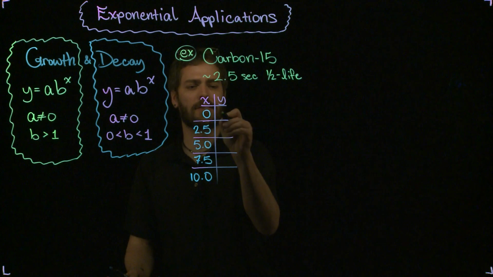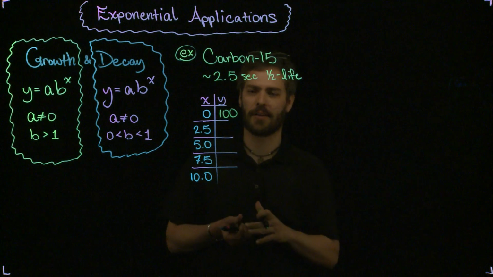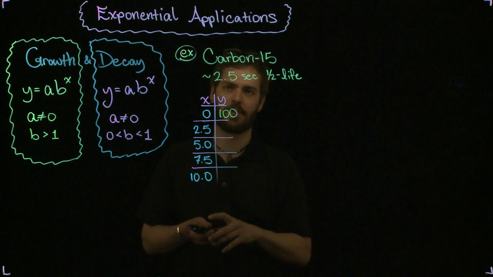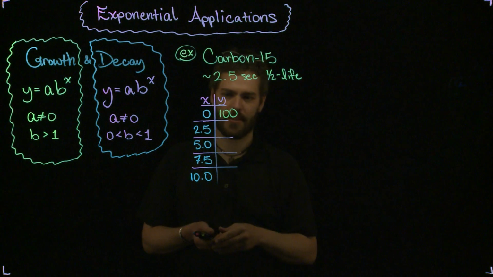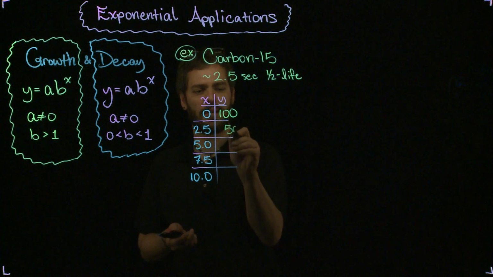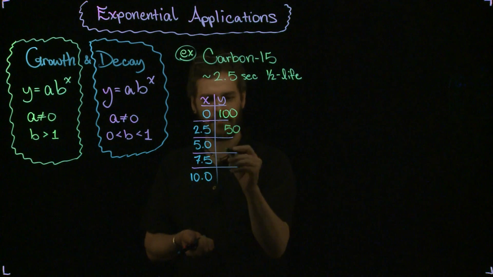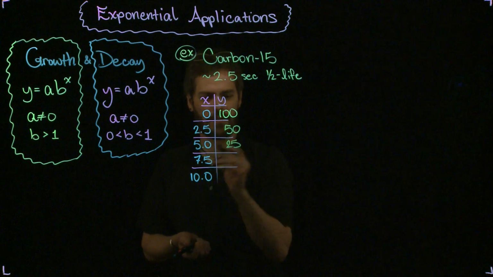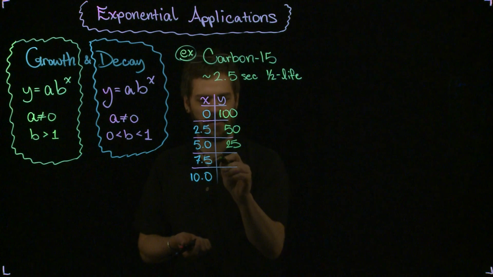For simplicity, let's just say we have 100 grams, it doesn't really matter, kilograms, whatever you want, let's say grams, 100 grams of carbon-15, and 2.5 seconds later, half of it's gone. So now we're down to 50. 2.5 seconds after that, half of that's gone. Now we're down to 25. 2.5 seconds after that, half of that's gone. So now we're down to